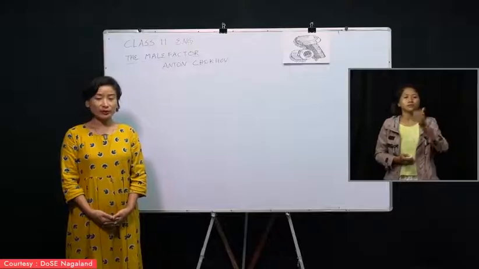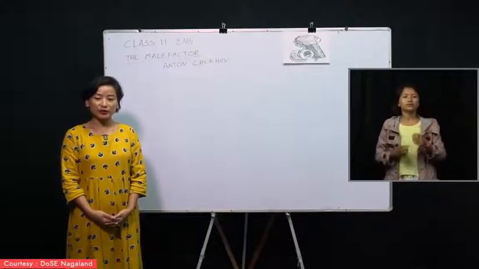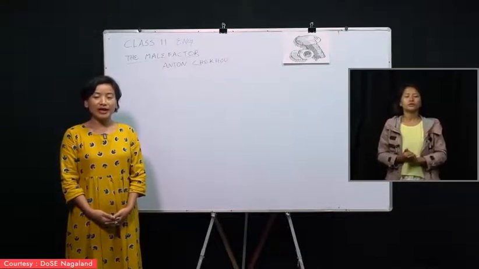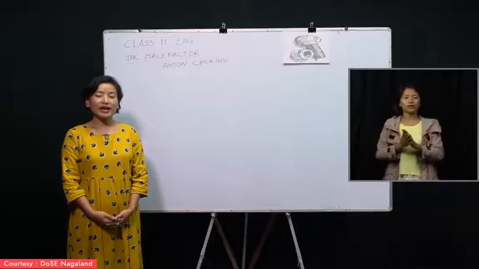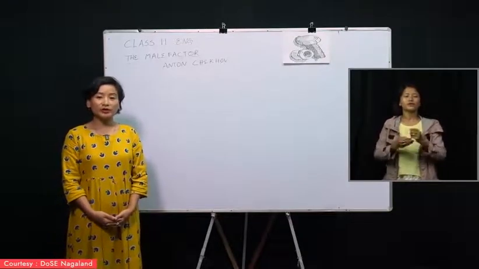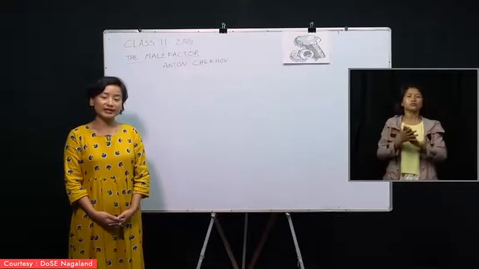So, Anton Chekhov was born in 1860 and he died in 1904. He is a Russian playwright, which means he writes drama, and he's a famous one at that. And he is a modern writer who writes about the modern social issues. In fact, he was very much impacted by the 19th century